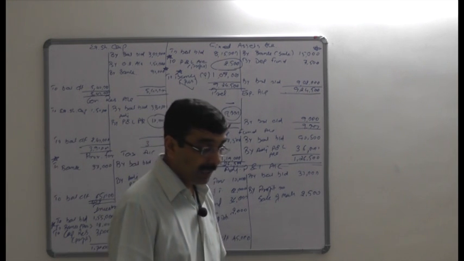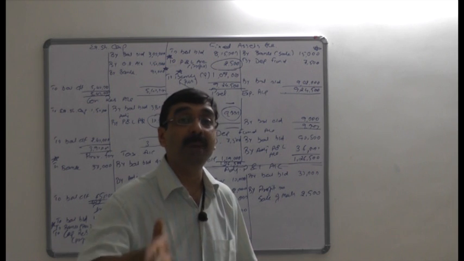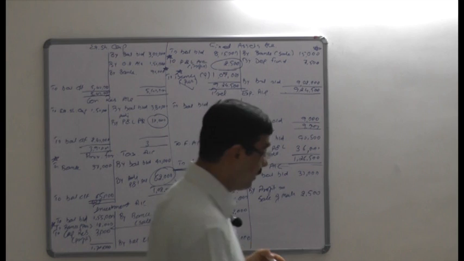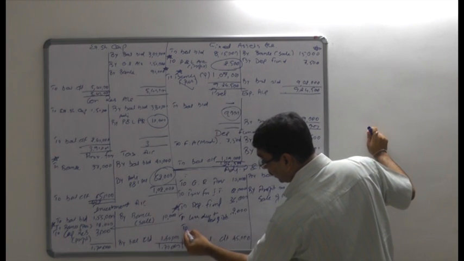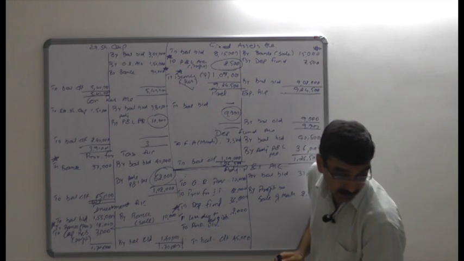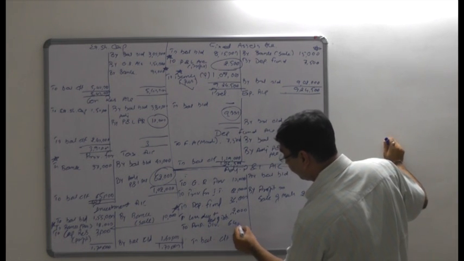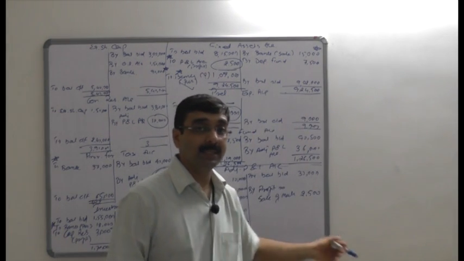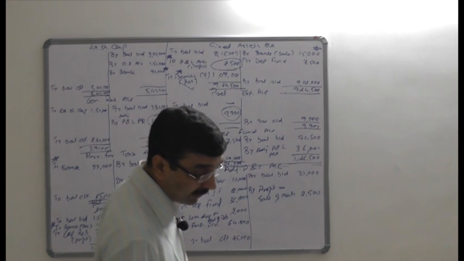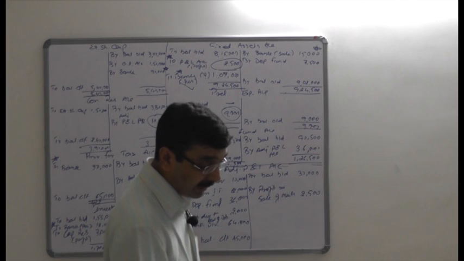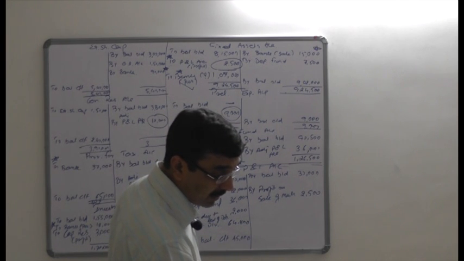Proposed dividend. Last year's proposed dividend is always paid, so that would be recorded in the fund flow statement. But current year proposed dividend, it is proposed, that's why it's recorded here. Proposed dividend of rupees 64,800. So proposed dividend 64,800 will be recorded as a provision for dividend. Next is provision for taxation is done. Depreciation fund is already recorded. Creditors, outstanding expense, bills payable are already recorded in the working capital statement. Now